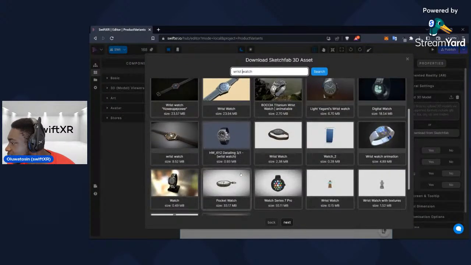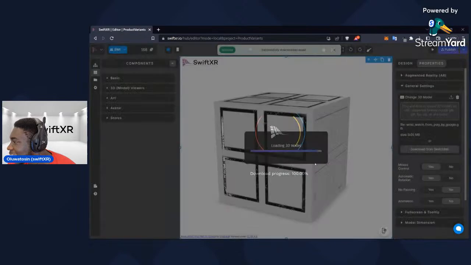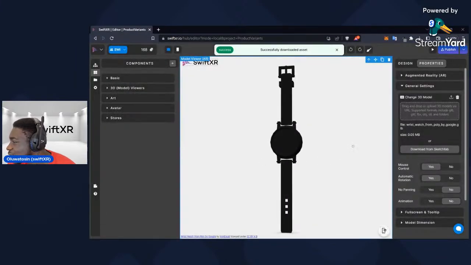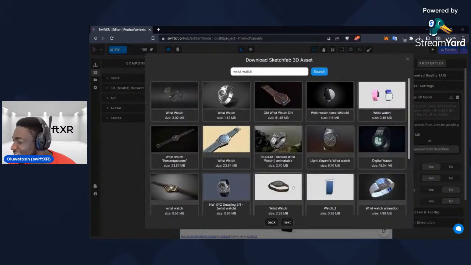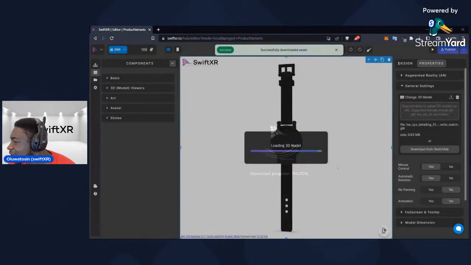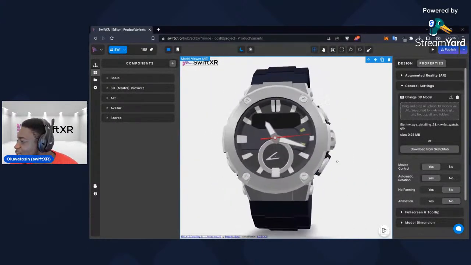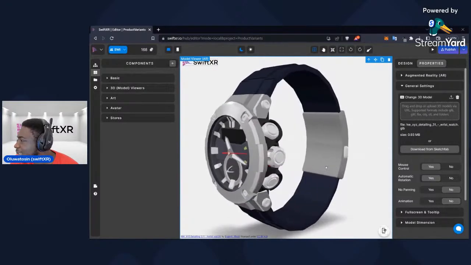In here, let's look for something pretty straightforward to use. This one is very light, I would say, and it's all just black. To be fair, I don't think that's interesting enough to see. Maybe I would go for something a bit more fancy. Yeah, something like this. Right, so with a wristwatch like this,